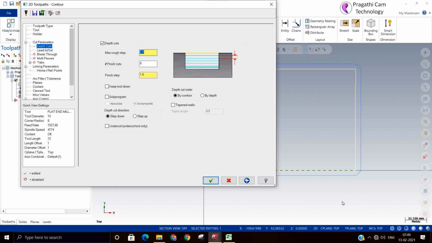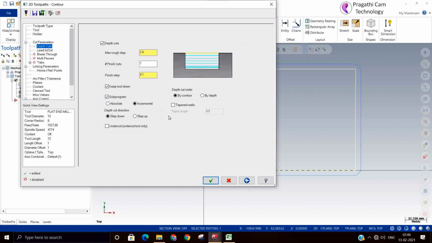If you want a finish cut, you can add one finish cut, and the step over for the finish cut can also be added. The option keep tool down, you can use it. It will not move to the retraction plane; it will move to the feed plane and go to the next operation. That is the advantage. Next is the use for subprogram generation.